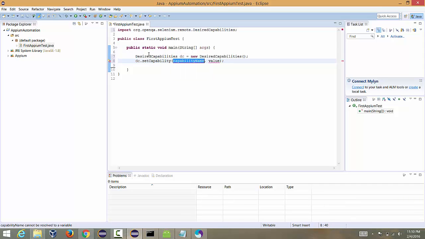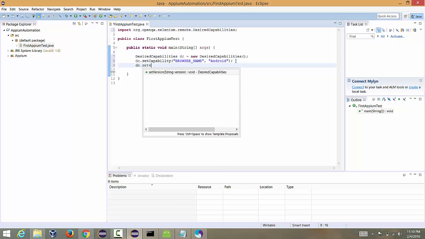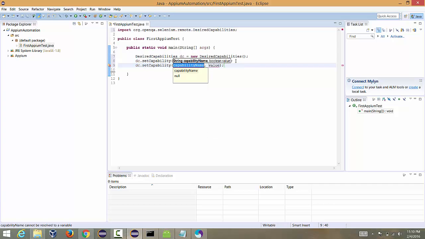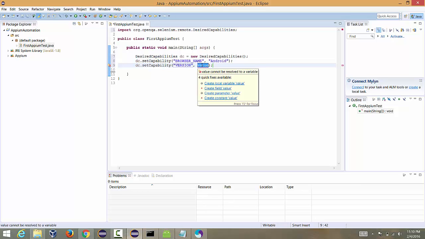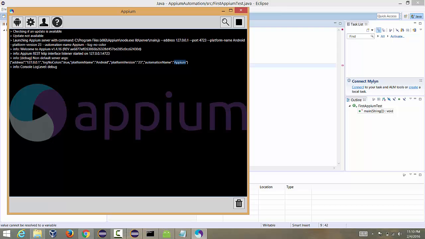So the first thing that we will do here is we will set the capability browser name, and that is where we will say it is Android. And next thing that we will do is we'll give the version, dc.setCapability, and there we will say the version that we are looking for is, here our version was,